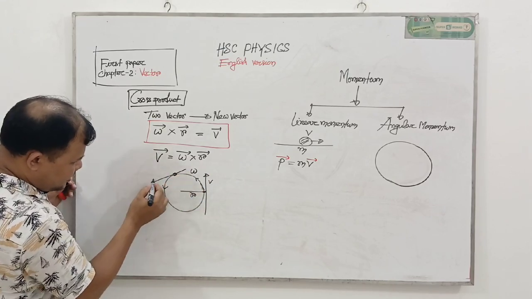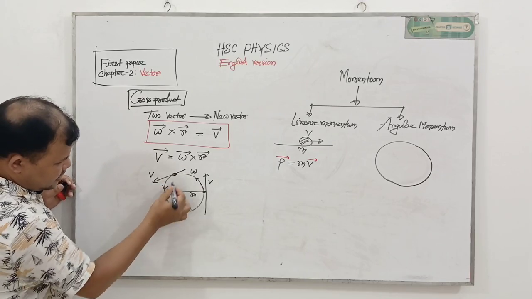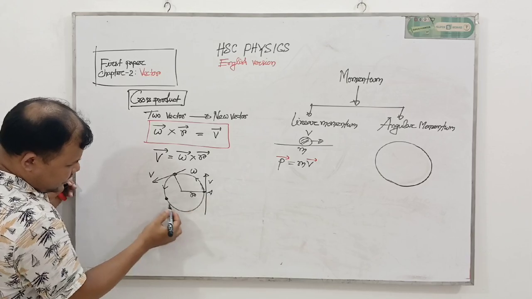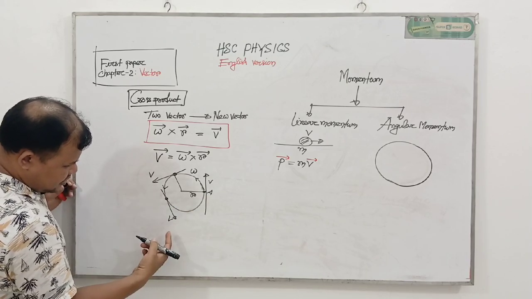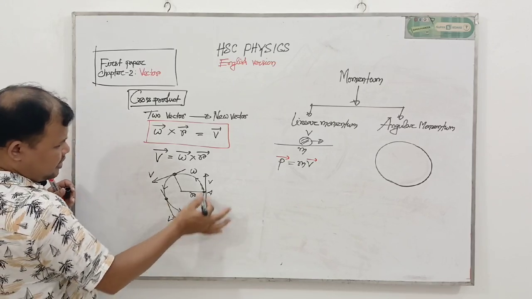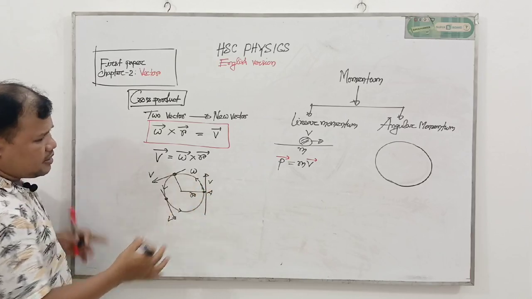Again, if we draw a tangent here, then this tangent represents the linear velocity. If this body comes here after rotating from point A, again if we draw a tangent here, then this represents the direction of the linear velocity, and the direction of the angular velocity is all the time along the circular path. Okay, my dear student,